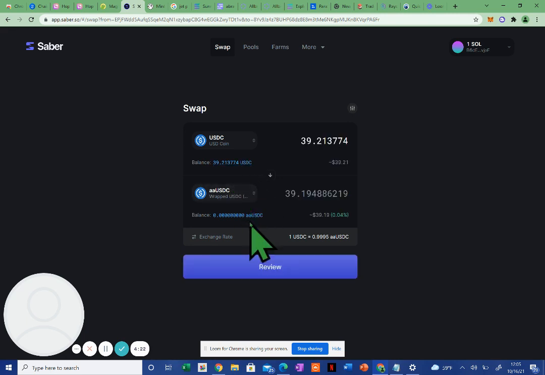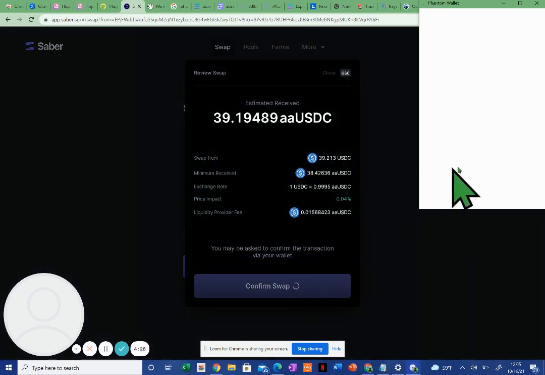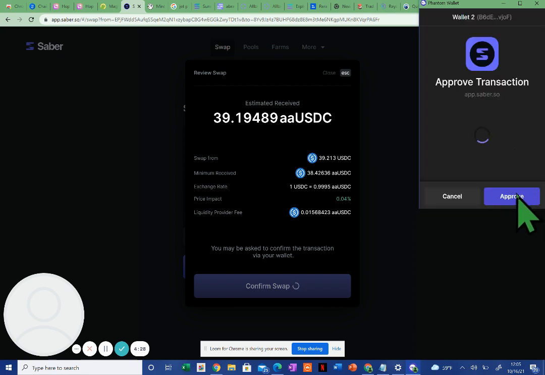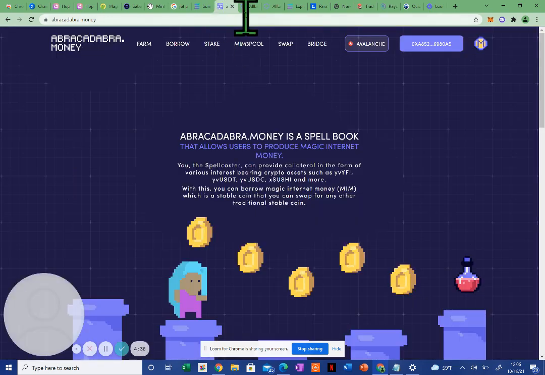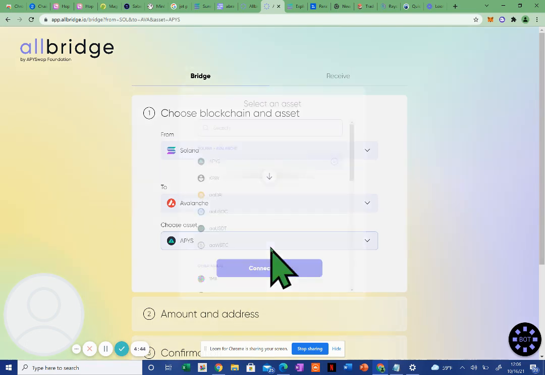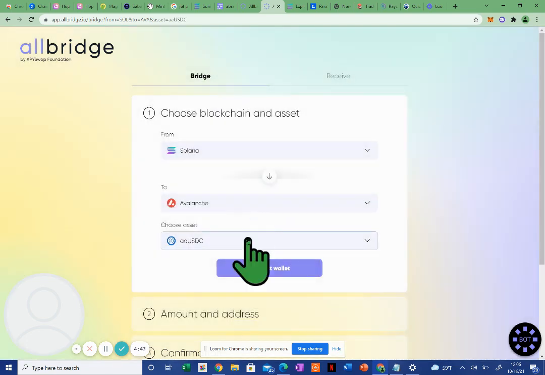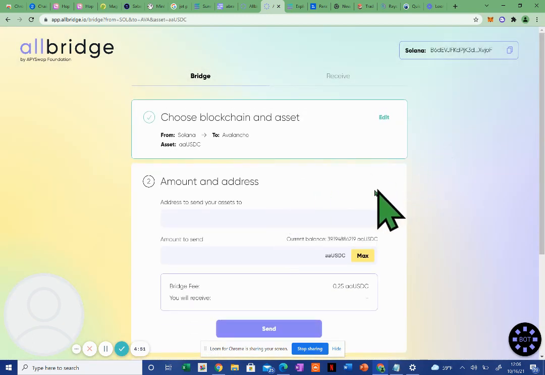Click Max, Review, and then you make your swap. So what did I just do? I just made my US dollar on Solana be able to go cross-chain now through Allbridge to Avalanche. This process can be mimicked across a bunch of different chains, but for this example, I am using Solana to Avalanche. We're going to do AA USDC, and we're going to connect our Phantom wallet because we're operating on Solana,